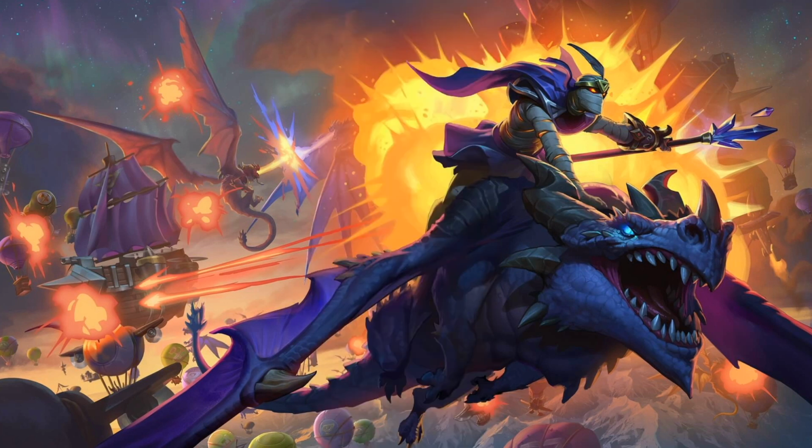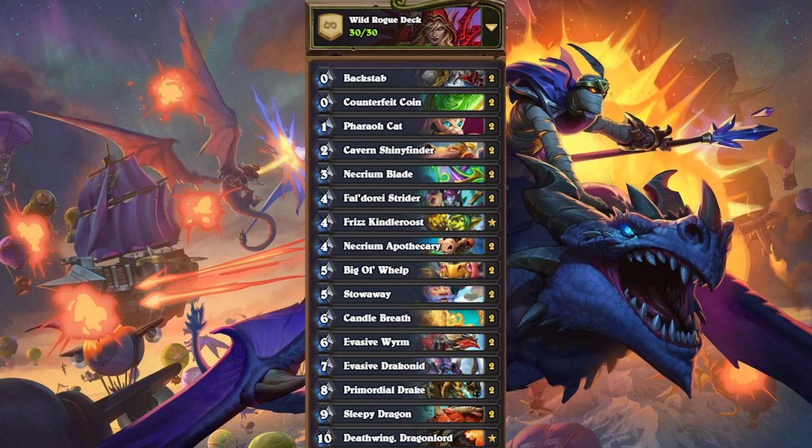Okay, next up we have the absolute abomination of a deck that is Corbett's High Roll Big Rogue deck. I really hope this deck doesn't become meta. But basically, the idea behind this deck is you hit Theracat on 1, into Shining Finder on 2, into Necram Blade on 3, then you play a Faldori Strider or Necram Apothecary on 4, if you have the Necram Blade,